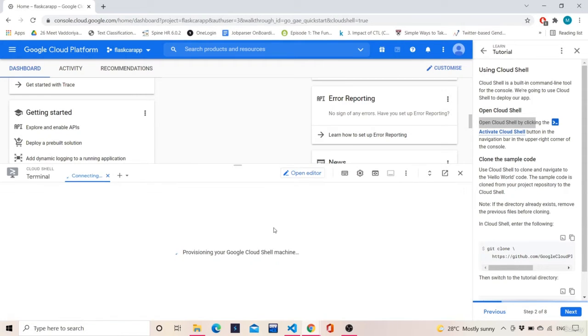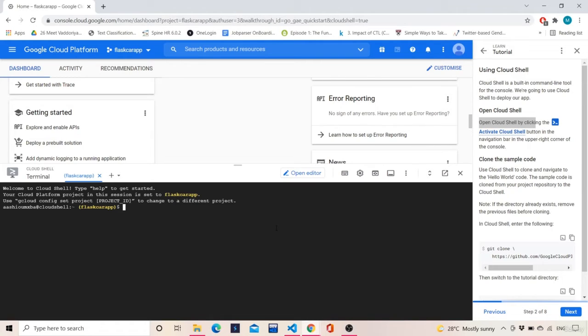Once we do it, it will give us an editor of this kind as shown here. Now if I type dir over here, we get the directories which already exist in my cloud. These are all things which I deployed previously.